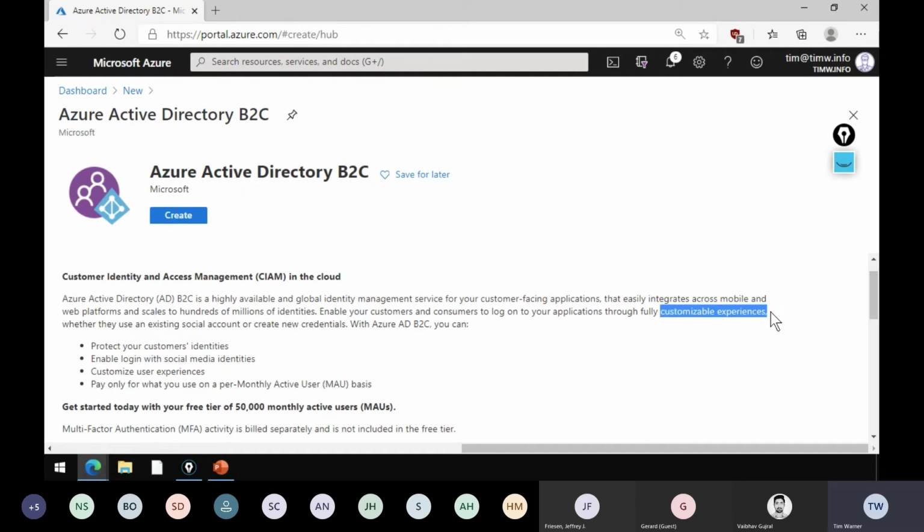You know the old front page effect? Who wants to expose a sign-up page, a sign-in page, profile management page, password management pages that look like Azure? You may not want that. That may be completely against what you want in the app. You don't want to expose any of your plumbing. So B2C is designed for customizability, and just as importantly, it's got a whole bunch of plumbing built into it for working with social media identity providers.